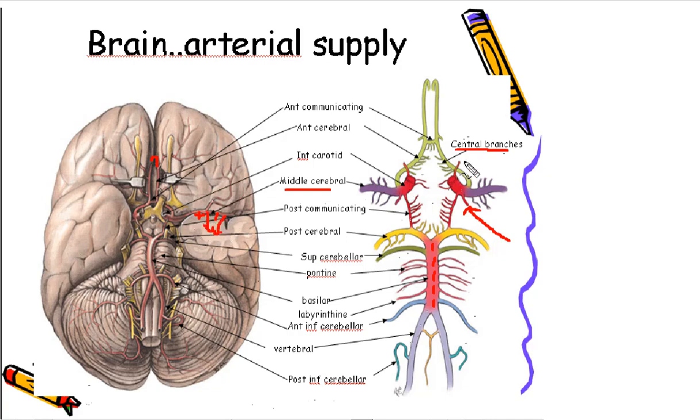And some of the central branches are named, and they are called striate arteries. So we have the striate arteries of the anterior cerebral, which are known as the medial striate arteries. And then we have the striate arteries of the middle cerebral, called the lateral striate arteries. And these are particularly important because they supply the internal capsule. And if there's a blockage in any one of these branches, or the artery ruptures, then the internal capsule can